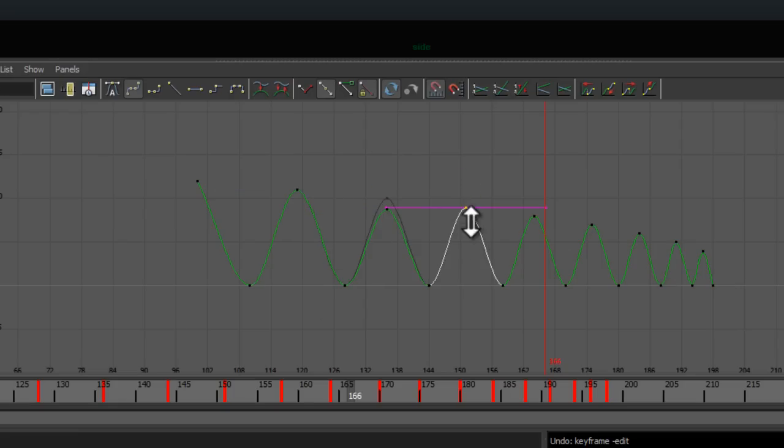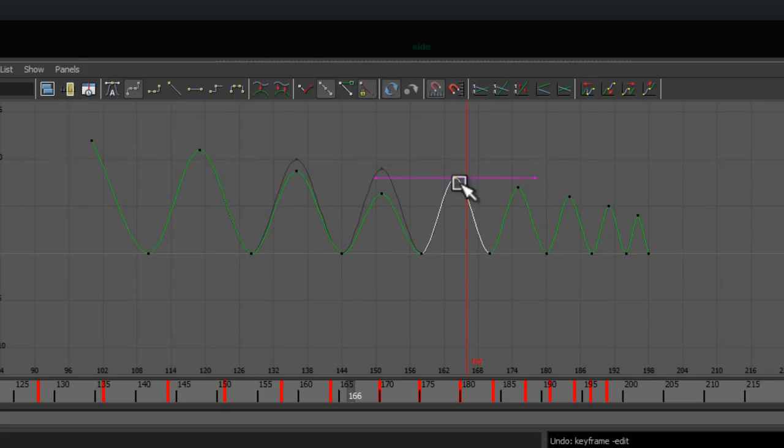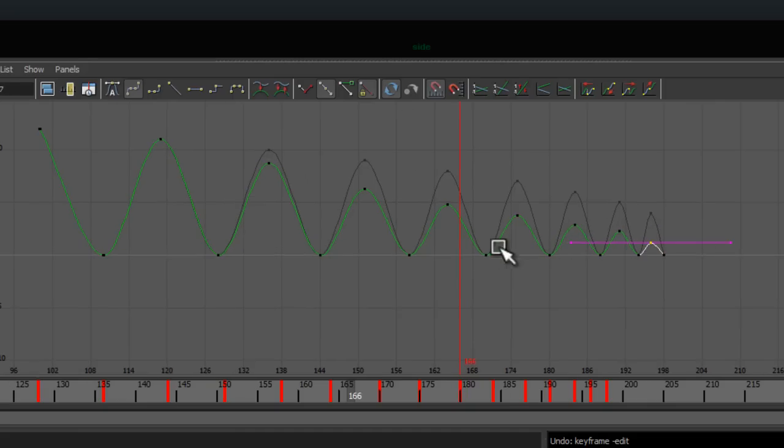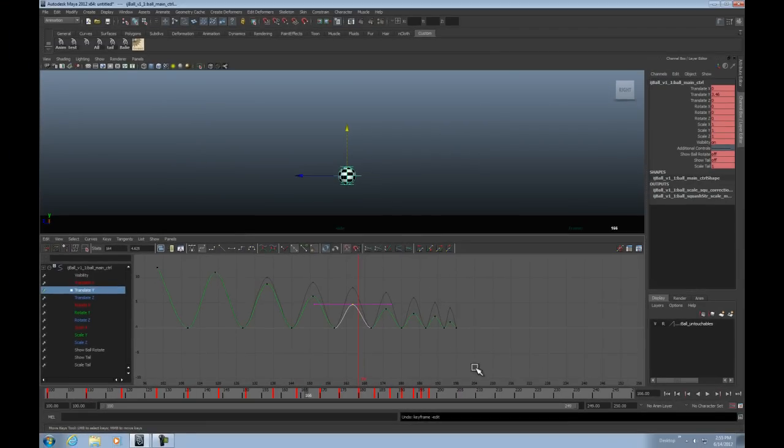I'm going to adjust these curves. It's not so linear anymore, it's a little bit more of a slight curve, a parabola between them. And let's see what it looks like. Okay, 2 up, so let's go another 2, another 2,